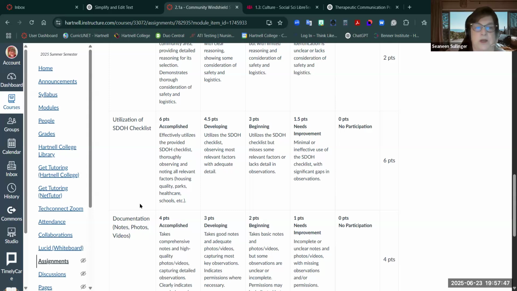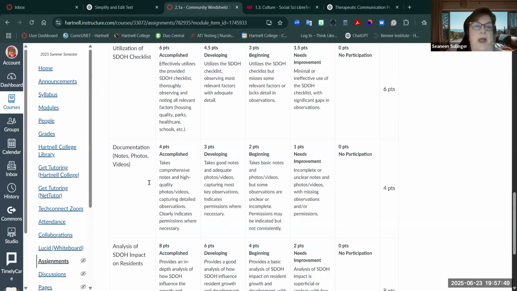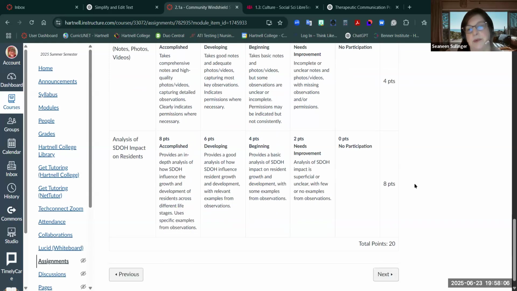For the documentation, I can tell if you took notes based on the information you're giving me. If you have photos or took a video as you were walking or driving through the community, you can include that. And then the analysis, which is the most important part and worth the most points, is providing an in-depth analysis of how the social determinants could potentially influence growth and development.